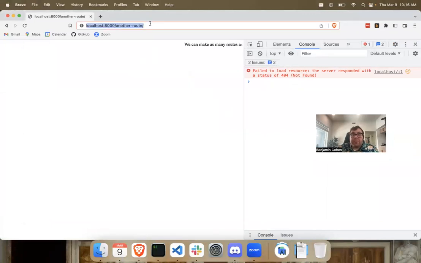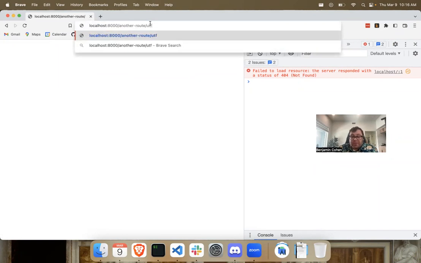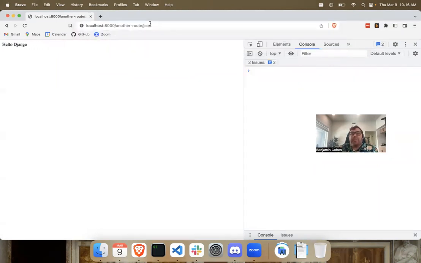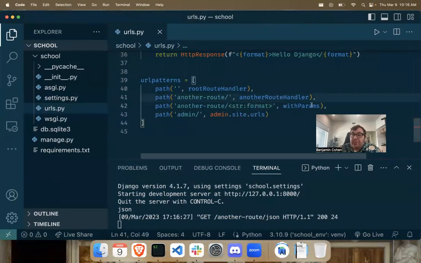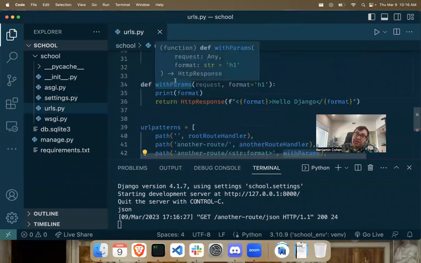So the idea is I'm going to write here another route slash, maybe it's UTF-8 or something. So this represents some kind of format, or maybe it's a JSON. Who knows what this is for? But basically this string here represents a format. So I hit enter there, and you'll see that we lined up. It didn't match another route, and match another route slash wildcard. And now if we go to with params, which it matches up to,